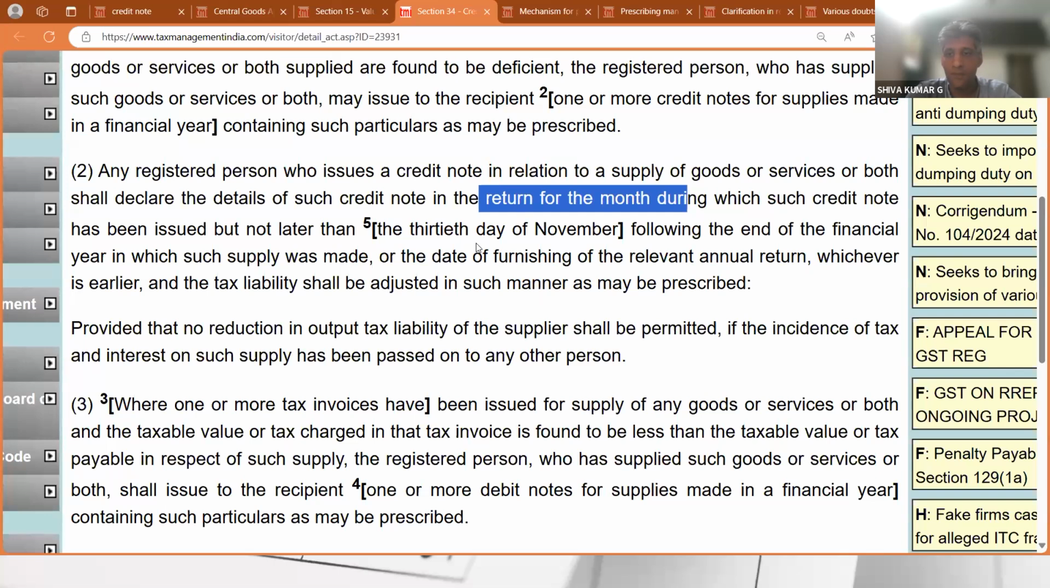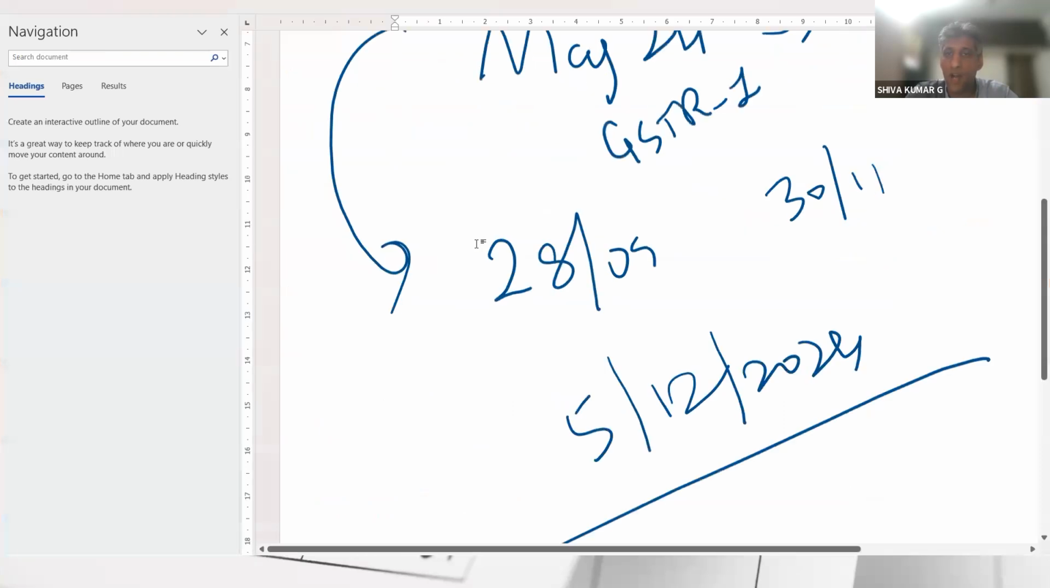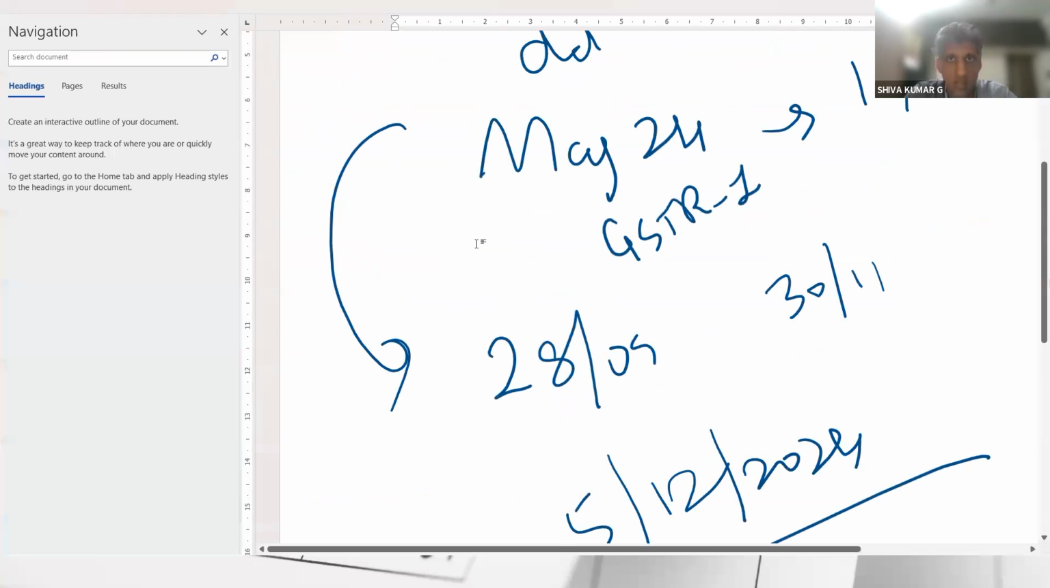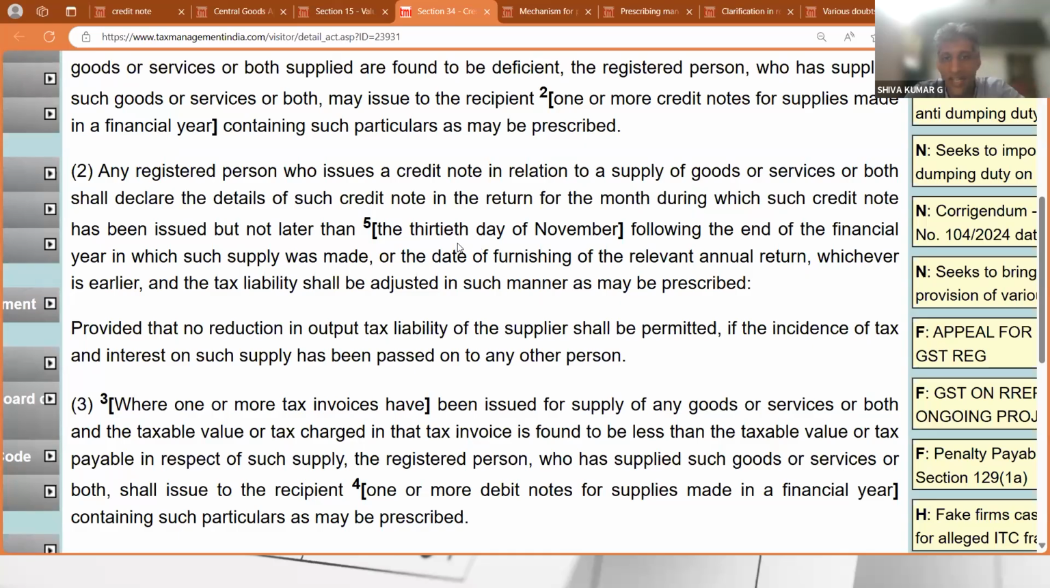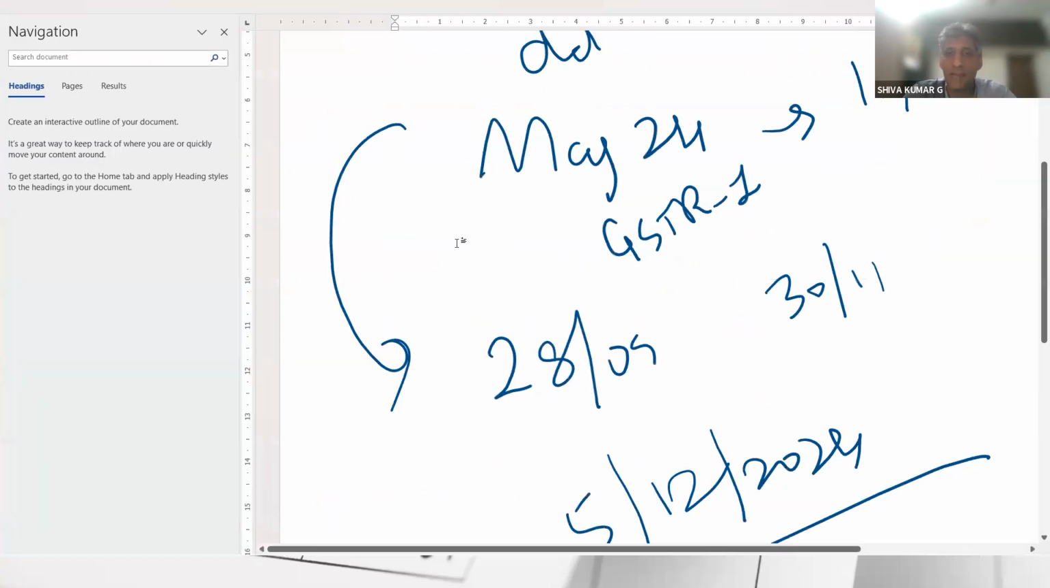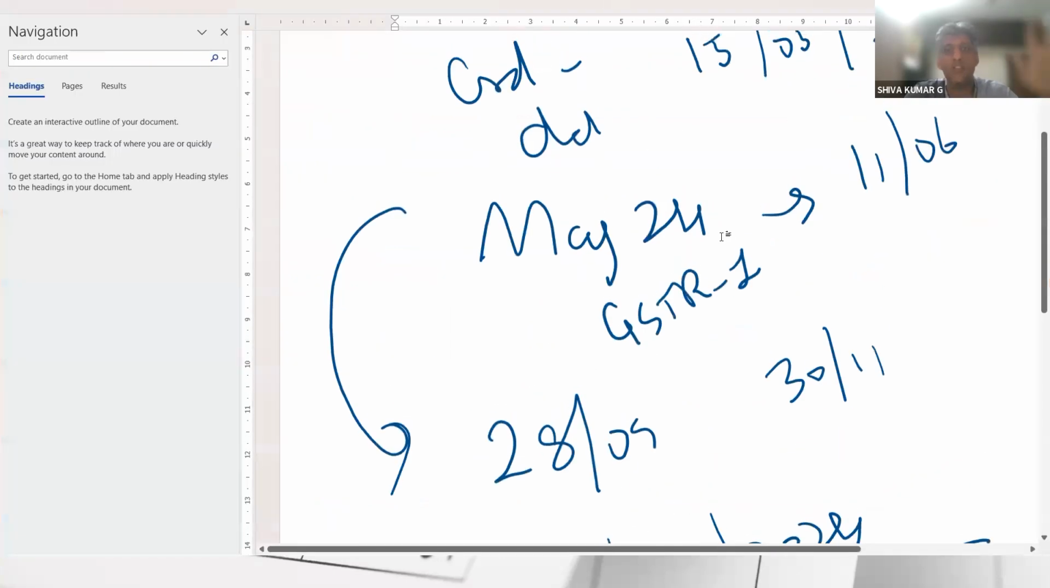declare it before 30th November, in our example, then for this I will lose the credit. But on the contrary, if it is "but not later than 30th November", meaning the month ended 30th November is the month of return, which means I'm declaring it only in the May 24 return, which means I'm well within